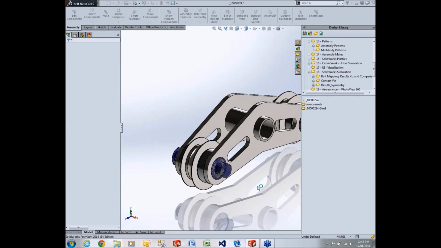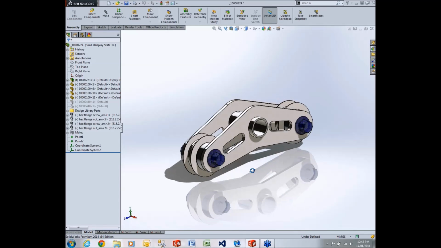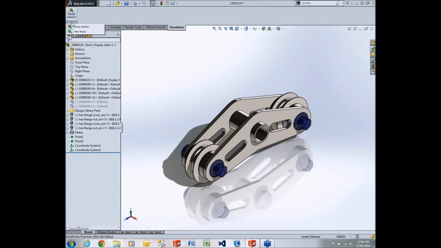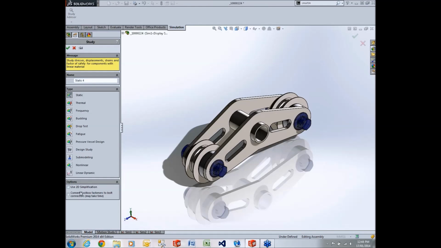My favorite improvement to simulation in 2014 has to do with bolted connectors. If you use Toolbox to apply your fasteners in SolidWorks 2014, when you create a new simulation study, you will have the option to convert Toolbox fasteners to bolted connectors. It does say may take time. What it really should say is takes much less time than actually creating the bolted connectors manually. So I'm going to hit the tick, hit OK,